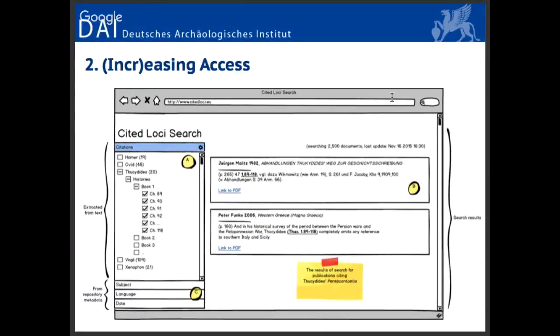One way of doing this with the citation data that I showed already, beyond incorporating data from AWOL, for example, is to have a very basic user interface like this one, where you have a tree with cited authors, works, and passages on the left. And then when you select some of them, you get results from JSTOR or whichever other data source. Like in this case, for example, it's showing a query for passages citing the Pentateuch of Thucydides.